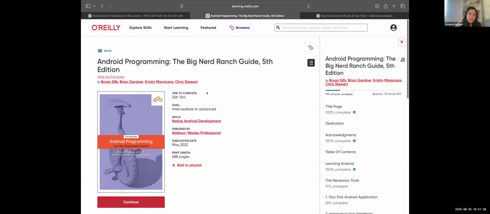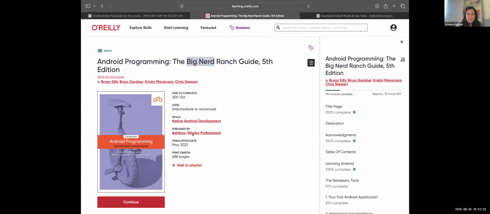Shibboleth, okay? So then the other thing is, this is where you would find the book. Again, the Kotlin book and this one are the two big books, the main books for this course. But this one is even better, closer to the assignments that we're going to be working on. So the Android programming, when I say the nerd or the big nerd book, that's what I'm referring to, okay,